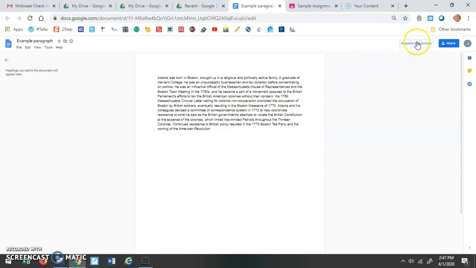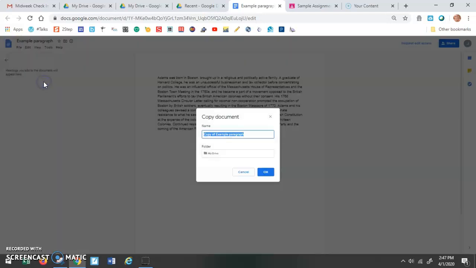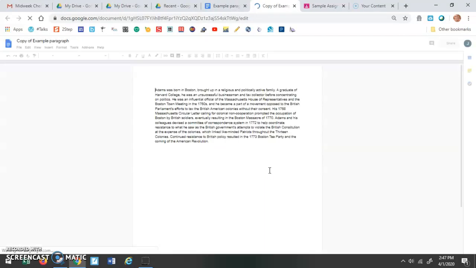So even though the editing access has been turned off because I turned in my assignment, Google Classroom automatically does that. I can go to File and make a copy. And I'll just leave the name that it creates for me. So notice the big difference when it opens up for me